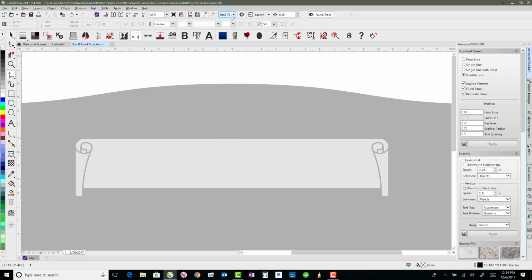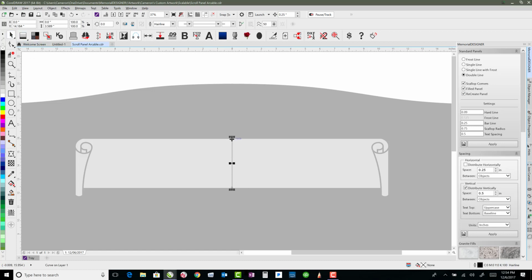I've got snapping set, so snap to objects is turned on, and if I move my cursor along this line, once I get to the midpoint, it says right there midpoint, and gives me a little triangle icon. If I click on that and then drag down, I can hold Control if I want to keep it in line. Not really necessary because I'm just going to snap to the midpoint of the bottom one as well. Once I get down to that midpoint, I'll click again,